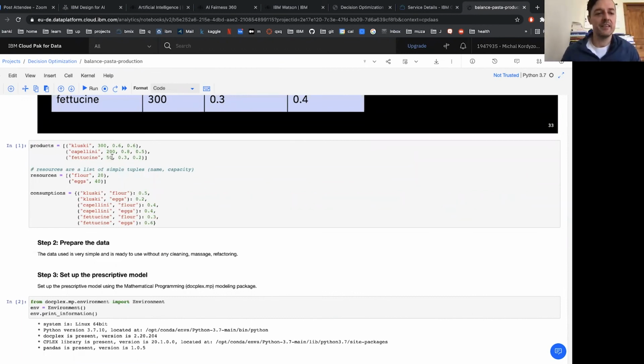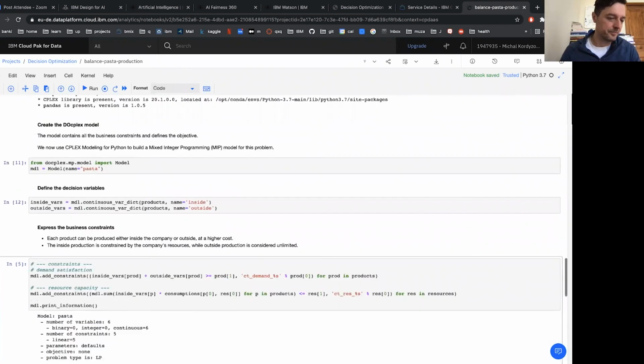So now let's say we didn't have a demand for fettuccine. Now we have super demand for fettuccine. What will change? How will it affect our optimal number of products, our minimum cost, let's say, right? Because the factory is something that wants to achieve the minimal cost. So based on those, we don't know. That's why we are running the model, solving it,